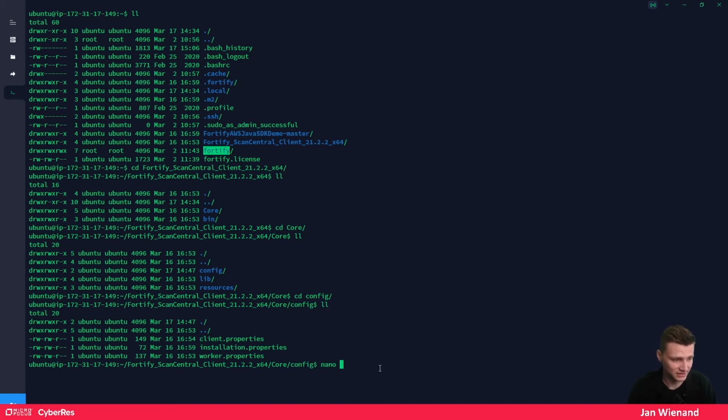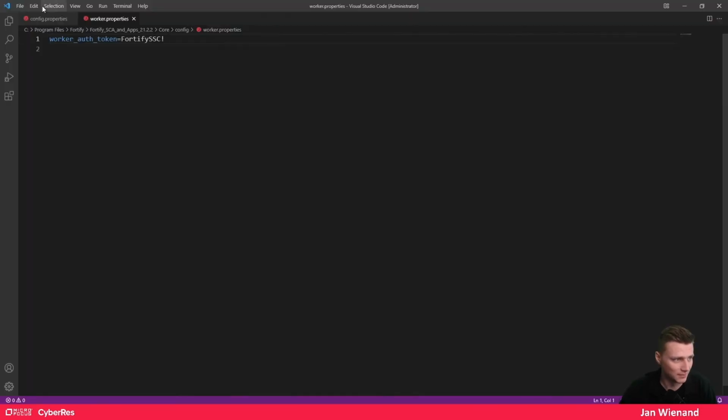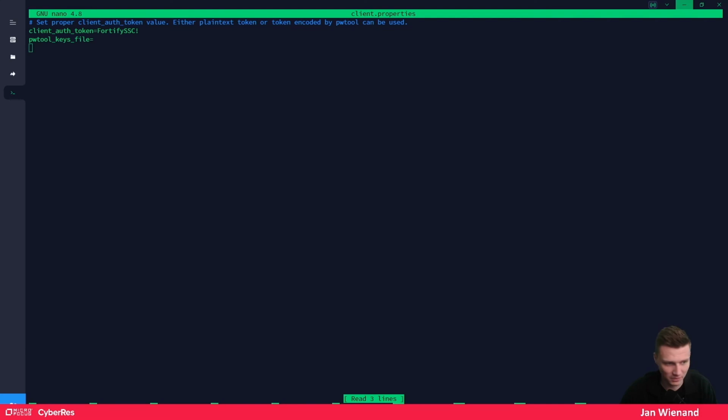In this case, I'm going to show this to you. I already did this in another demonstration, but the only thing that you need to put here is, of course, the authentication token that you set before for the client. So if we switch back just one time, this is the controller configuration. Please use this one here. And with that, I think we can go back